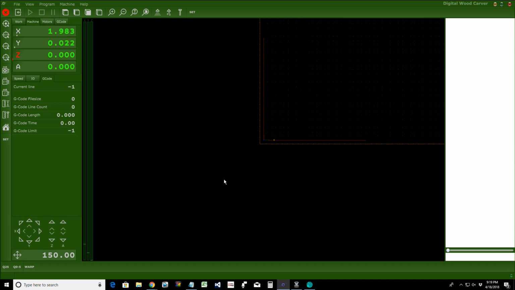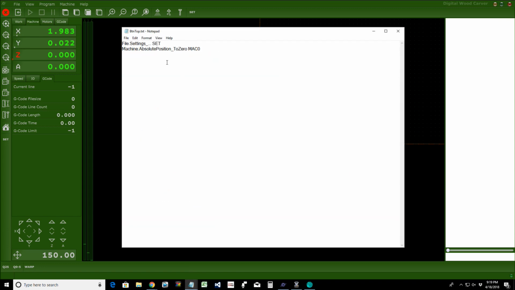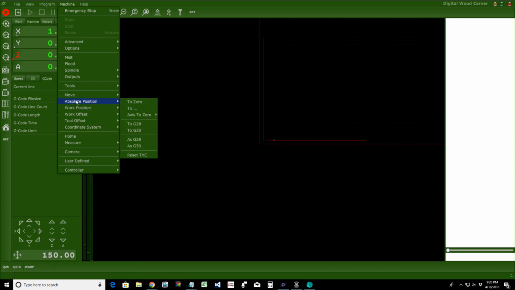Okay. There is no button at the top because the file name was wrong. So, machine absolute position. Let me look and make sure I got absolute position underscore 20. I'm going to